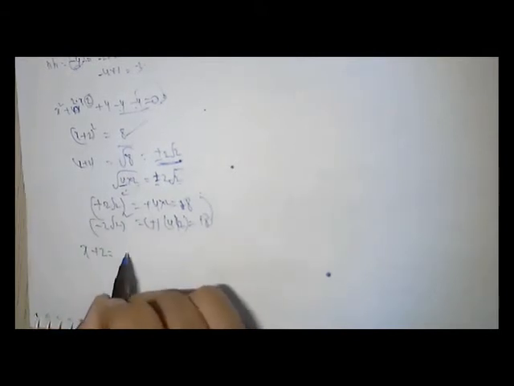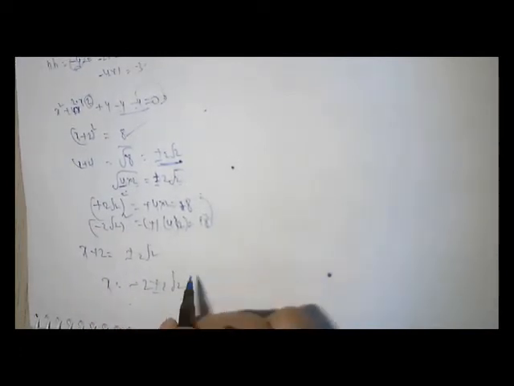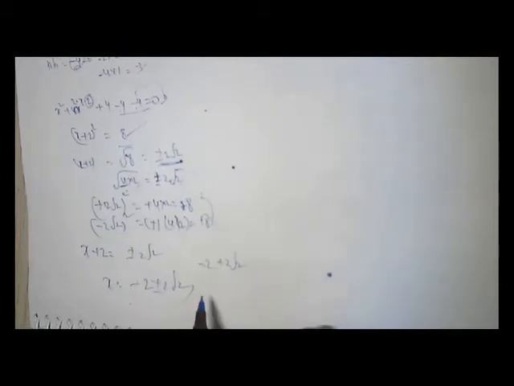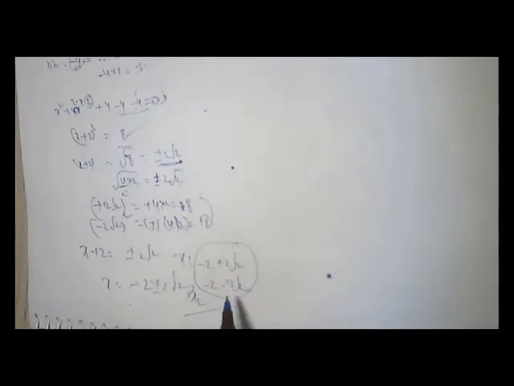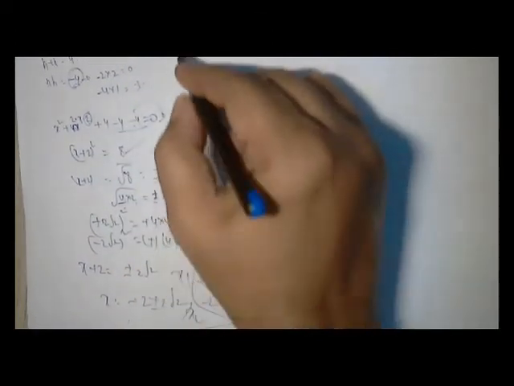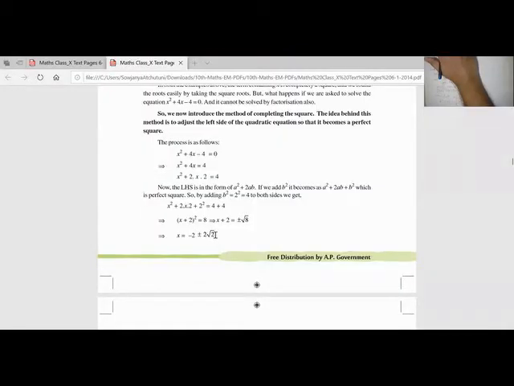So now what we got? x plus 2 is equal to plus or minus 2 root 2. So x is equal to minus 2 plus or minus 2 root 2. So one of the roots is minus 2 plus 2 root 2, another is minus 2 minus 2 root 2. These are the two zeros of this equation. This is called the squaring method. See here, minus 2 plus or minus 2 root 2. He has added b square on both sides, then it is root 8. So plus or minus root 8 is plus or minus 2 root 2. Okay.